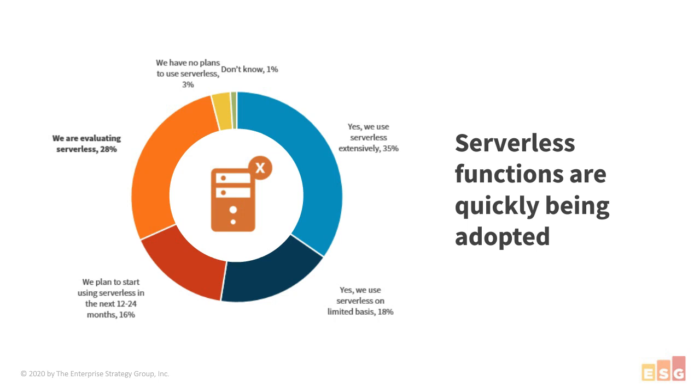And so when you look at this slide and you see that, yep, serverless functions are already being quickly adopted, with over a third already extensively using serverless, that's because there's a strong correlation between the use of serverless functions and those organizations that are already well down the path of using application containers. So, a tight correlation between containers and serverless. And when I think about cloud-native apps and microservices in general, it's a heterogeneous mix, right? We're definitely seeing serverless and containers.